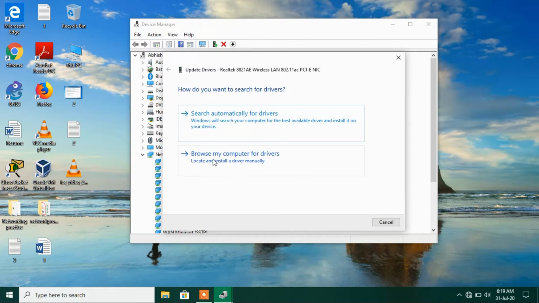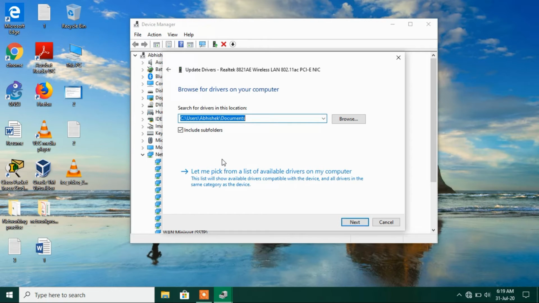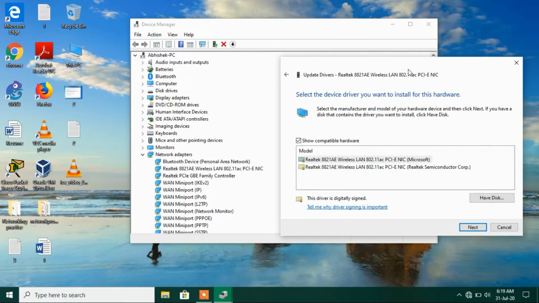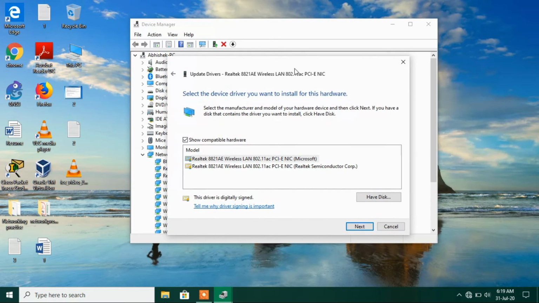Choose the second option, browse my computer for drivers. Now choose let me pick from a list of available drivers. Now select this first one and click on the next button.